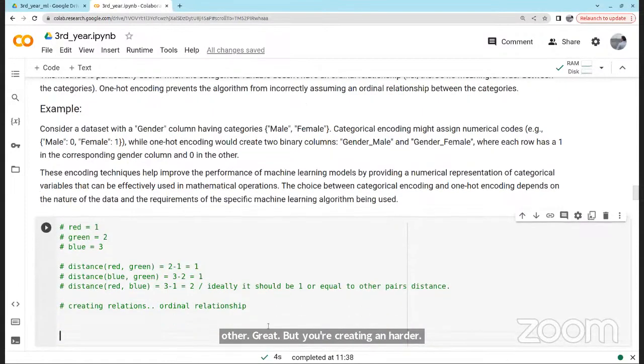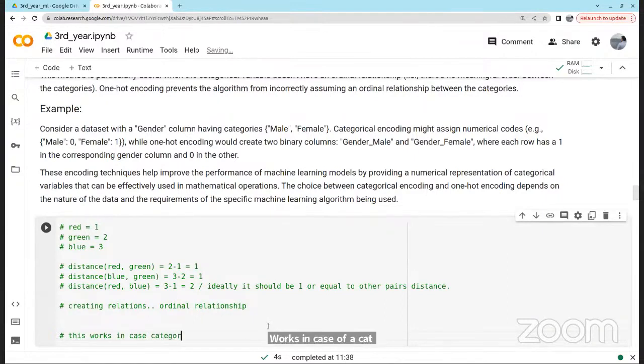For example, this works in case of categories where there is an ordinal relationship, and does not work where there is no relationship.